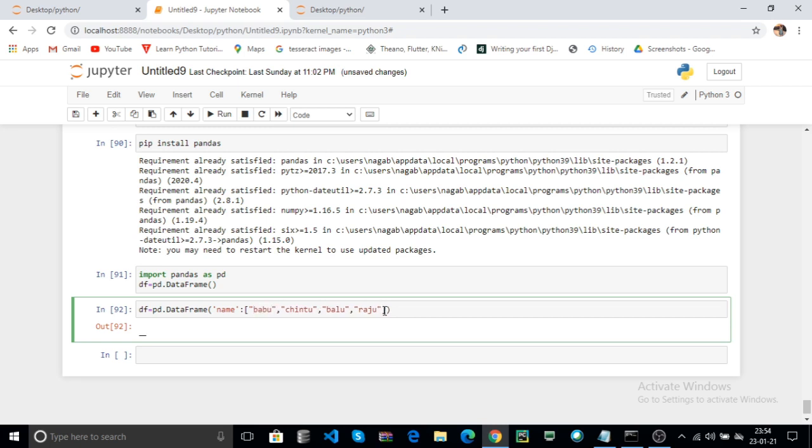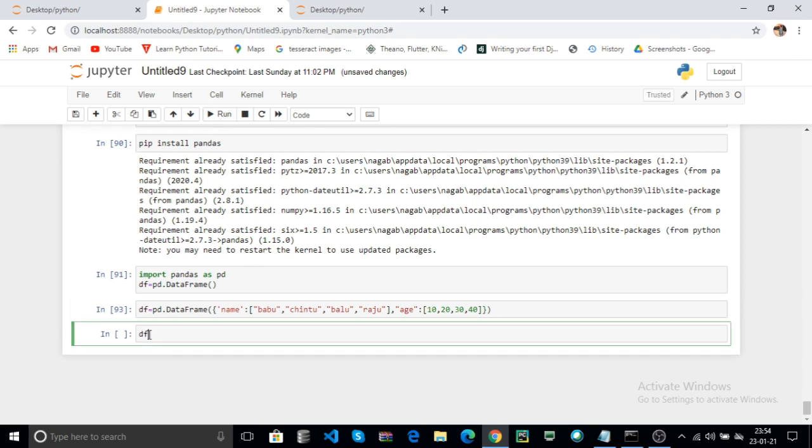These are the different names. Now I pass another key, age, with the values 10, 20, 30, 40. You can pass data in dictionary format. Click on run.